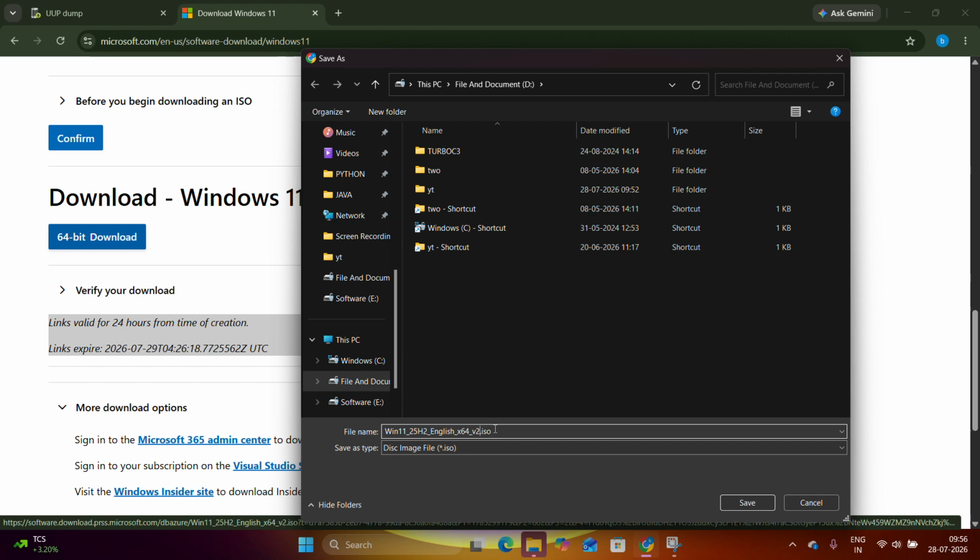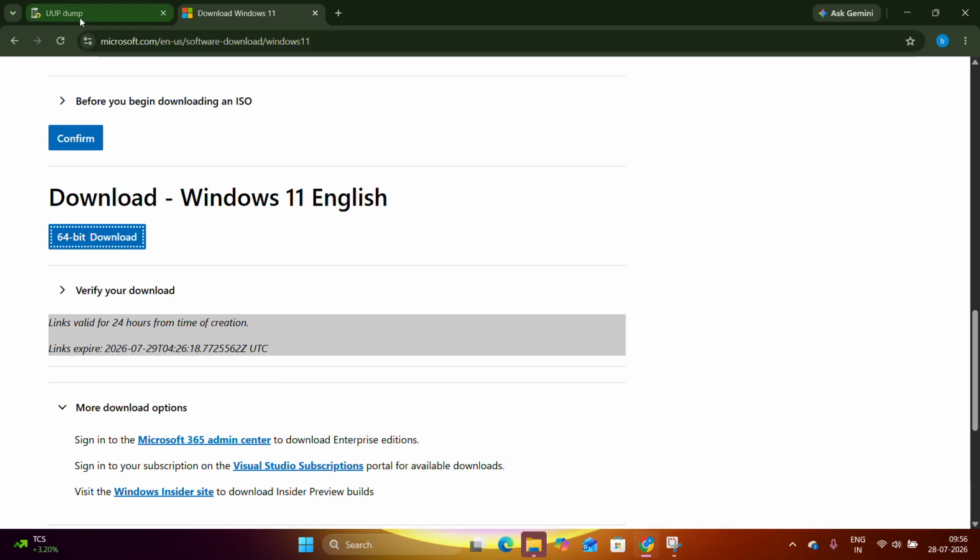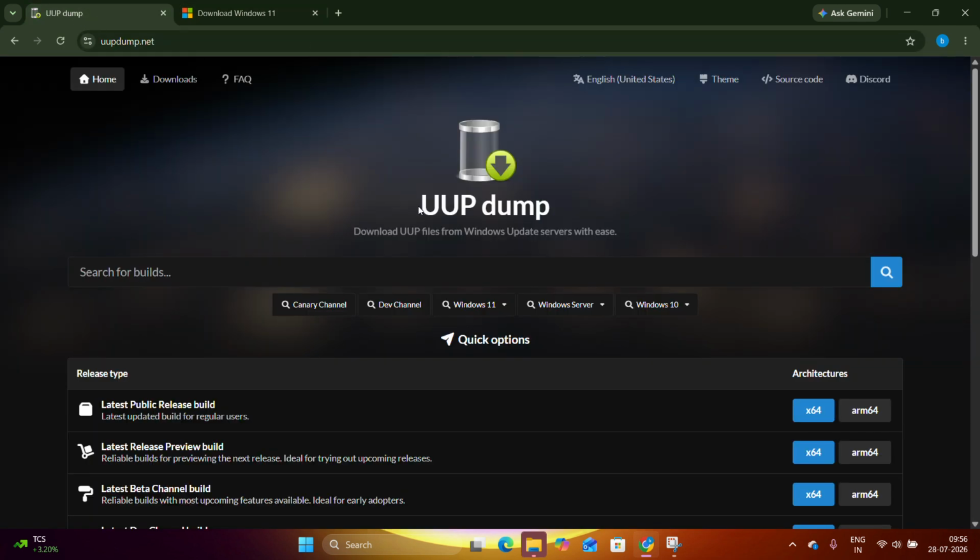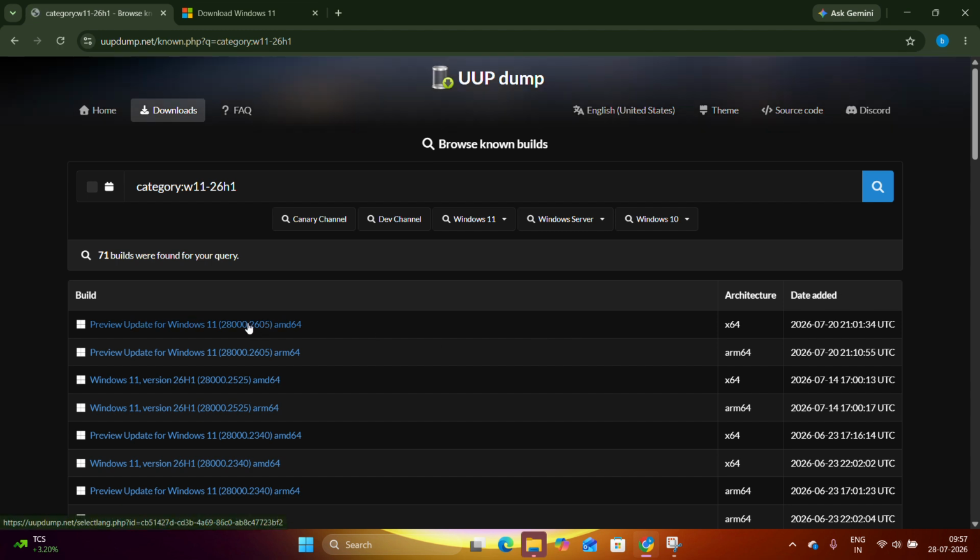And guys, if you're facing any issue during this process, there is a website, uupdump.com. When you simply search uupdump.com, here you can go for Windows 11 and search. You can even search with your code. So here you search 26H2 if you want to, 26H2. Okay, and you just select and wait, and here you can check preview update for